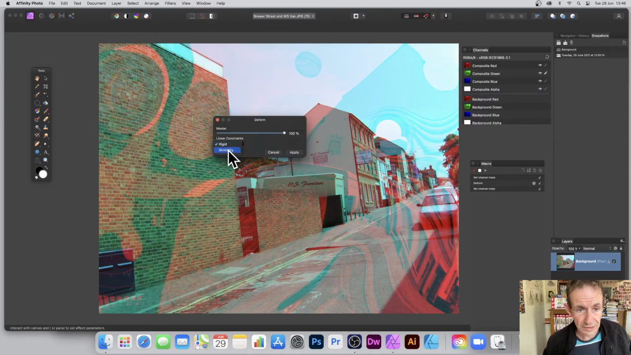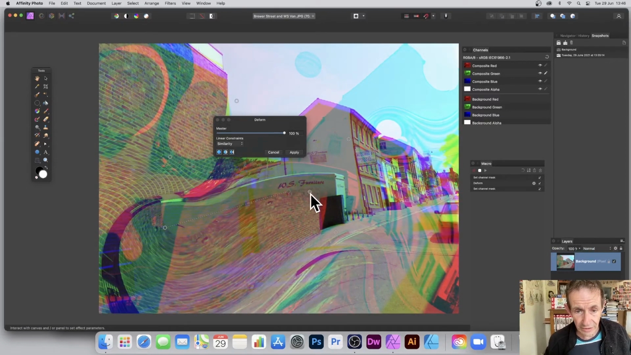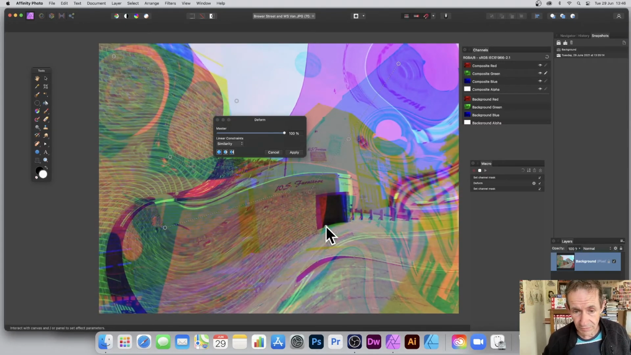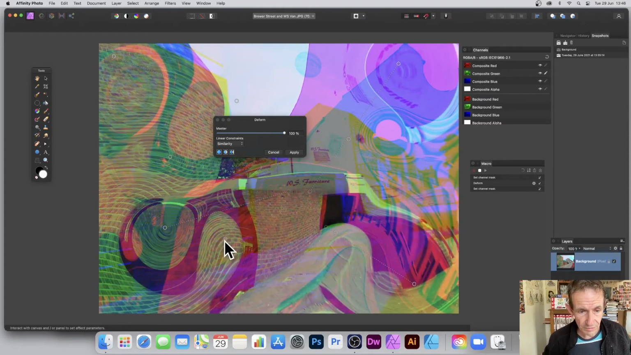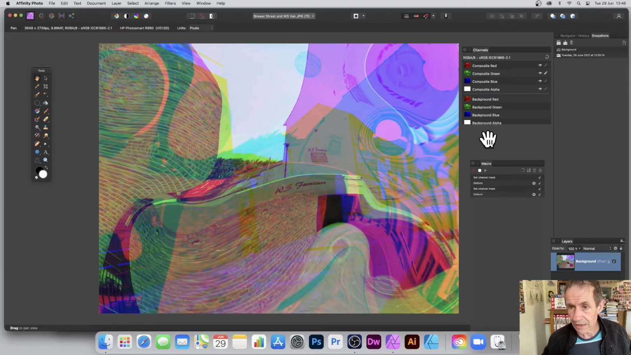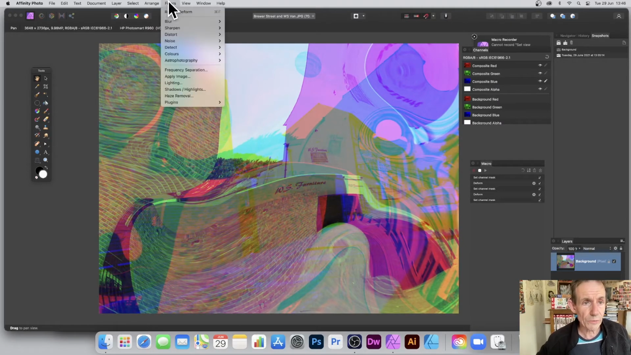And then go for, again, similarity and add some handles or pins, whatever you want to call them. And just distort it again. Just drag that out in different directions. And remember, again, click apply and then go to the blue, composite blue, message appears, and then go to filters